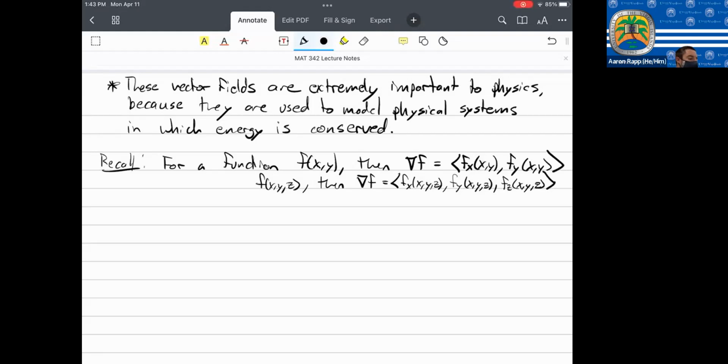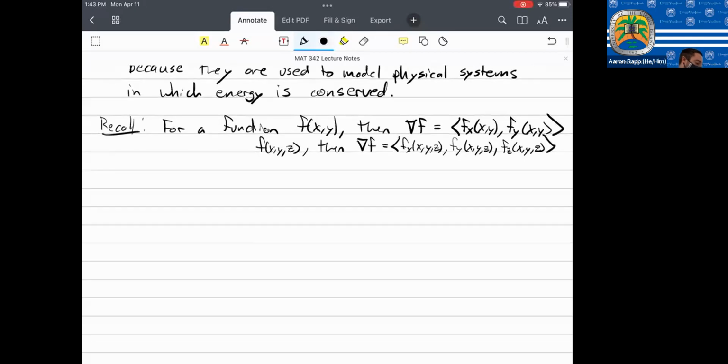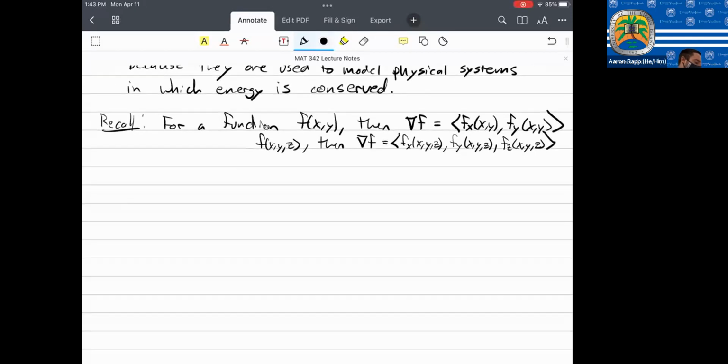So just that quick reminder, because then we have another definition. Not only defining a vector field today, we're also going to define what it means to be a gradient field. It doesn't matter whether you're working in 2 dimensions or 3 dimensions. A vector field in R3 is a gradient field